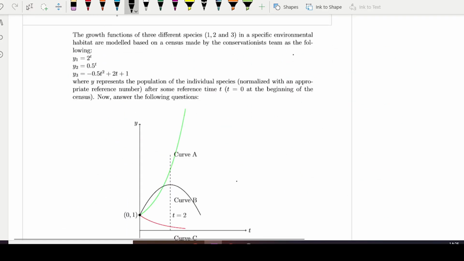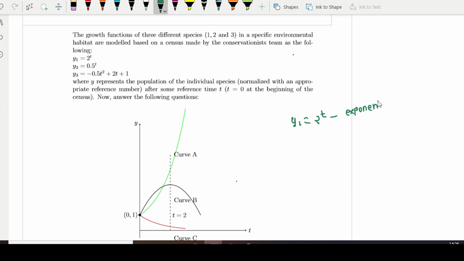So now this particular statement contains 3 questions. So we will first read the statement. In this case, the growth functions of 3 different species 1, 2, 3 in a specific environmental habitat are modeled based on a census made by the conservationist team as the following. So y1 is given by 2 to the power t,